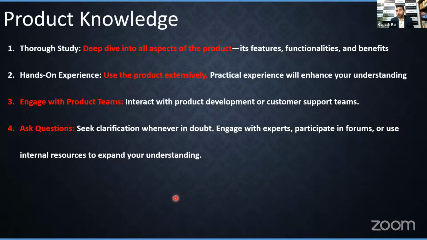then next is to ask questions and seek clarification. Whenever in doubt, engage with the experts, participate in forums, or use internal resources. Okay, this will be a little longer, but let me tell you, when you are able to do all these steps like asking questions, engaging with the experts, participating in forums, using internal resources, this will give you 100% knowledge